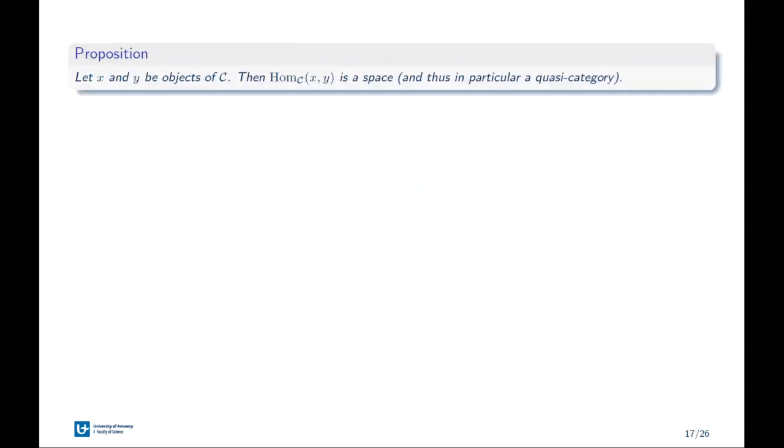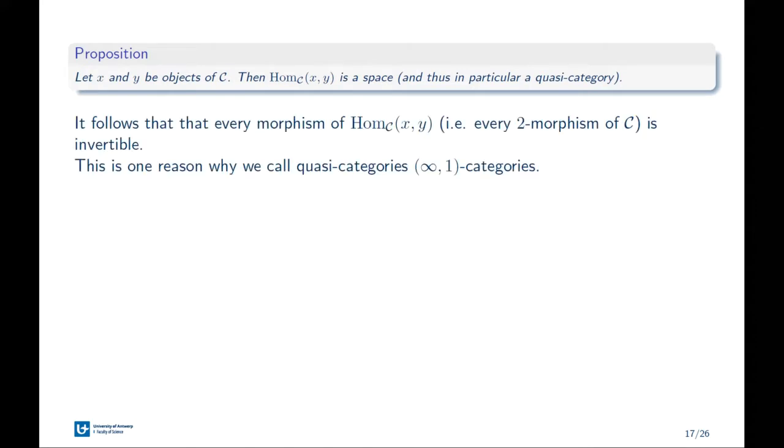Okay, what's so special about this mapping space? Well, we have the following result. If I fix two objects x and y, then the mapping space will always be a space. So I was justified in calling it a space all this time. In particular, it's a quasi-category. So you can also see how we can start iterating this. You can take the mapping space of the mapping space, leading to a notion of three morphisms, and then you could take the mapping space again, if you will. And these are still quite easy to describe. But I want to focus on the fact that it's a space for now, and not just a quasi-category,